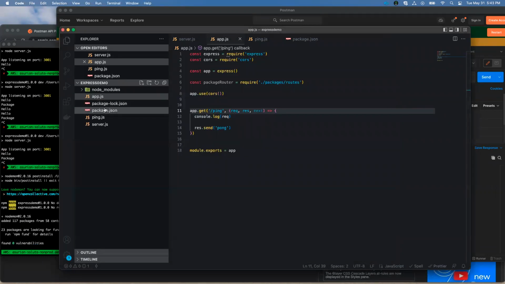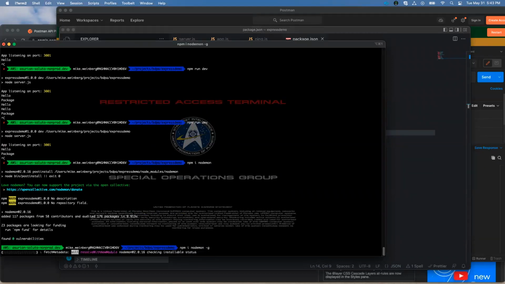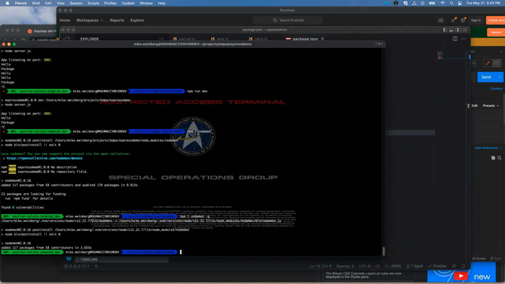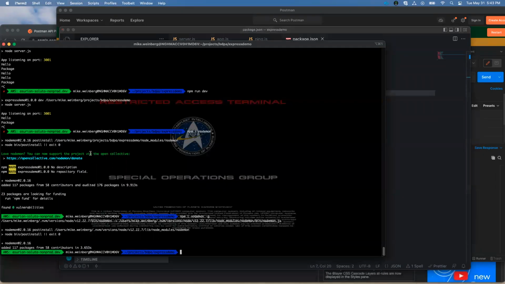In order to use it, oh, I forgot, you need dash. I already have it globally installed, I think, but I'll run this again. You need a -g because nodemon is a command line tool, so it has to be globally installed. In our dev script, we can replace node with nodemon. And when I run it,